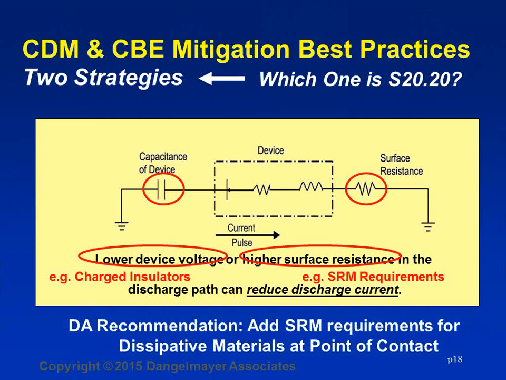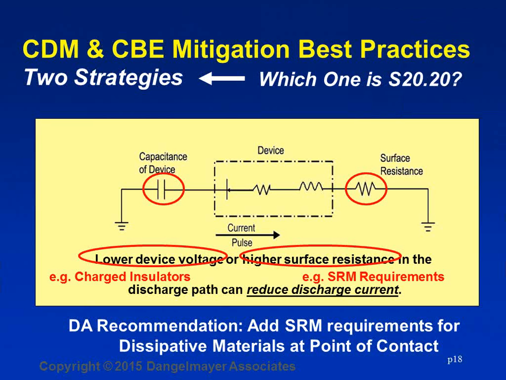Again, the lower device voltage is tied to charged insulators. The higher surface resistance is adding a surface resistance requirement to your ESD control plan. So that's our recommendation: use dissipative materials at your point of contact. Whenever you make contact with your device, since the circuitry on the device provides some surface resistance, that'll help